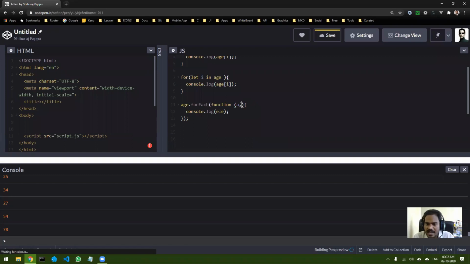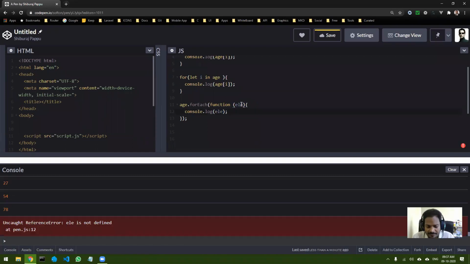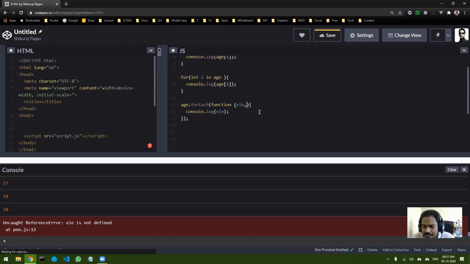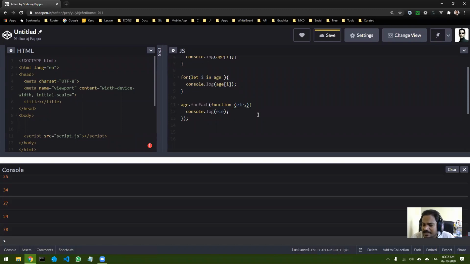So I have selected the name ele. Then the second parameter is the index, and that is optional. If you want it, you can get it. So I'm just putting i as the second parameter. So now I have two things. One is the element, and second is the index.